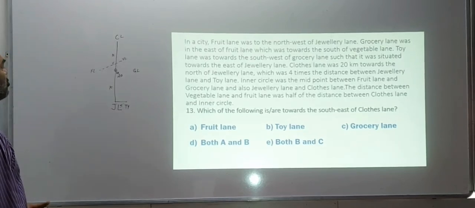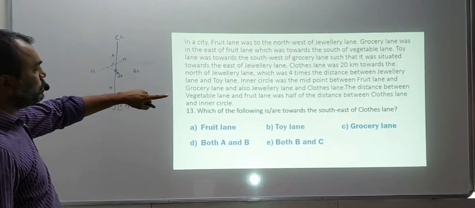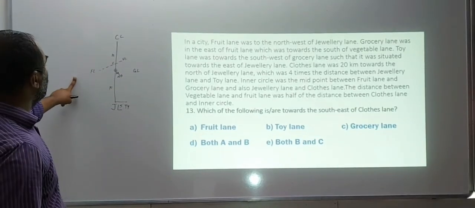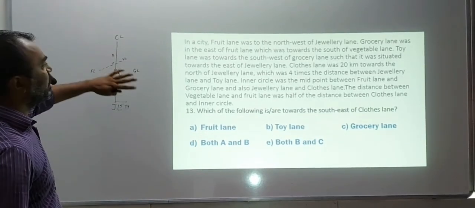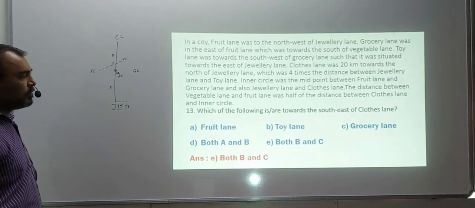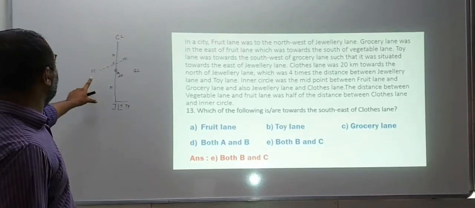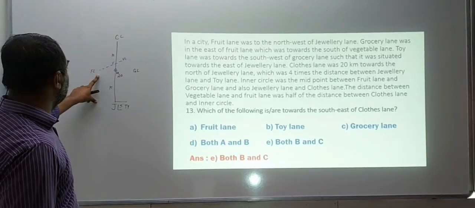Yes, then the answer should be only fruit lane, right? So you have got your data, and we have got fruit lane. So this is the figure I am getting. Check your figure and let me know. Then the answer, they say both B and C. That is fruit lane, toy lane, but no, I think the only answer is